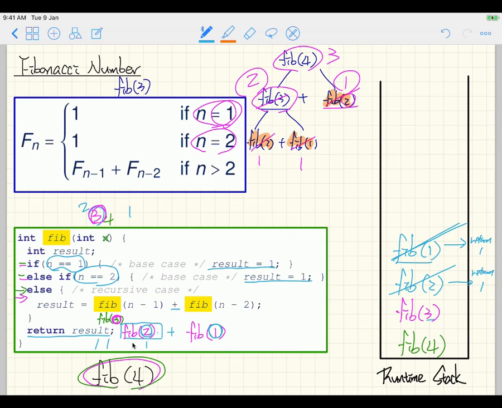So that means we go back to Fibonacci of 3. Since we were waiting for the result for Fibonacci of 1, and that one has just returned 1, that means this guy here will also be 1. So now 1 plus 1 will give me 2. So for this particular call, for Fibonacci of 3, I'll simply get 2. All right? And then Fibonacci of 3 is going to return